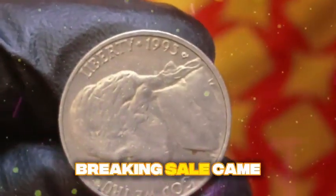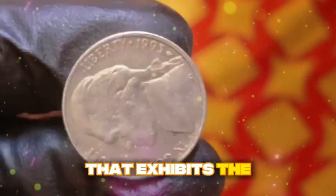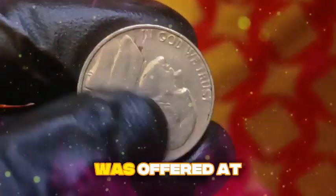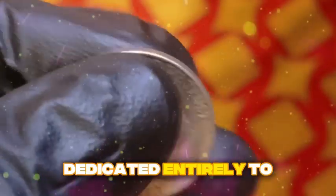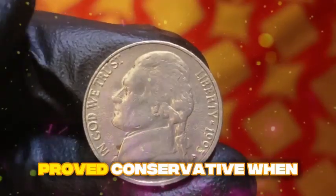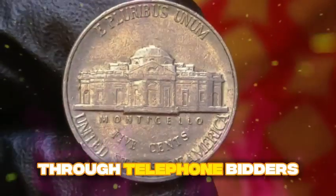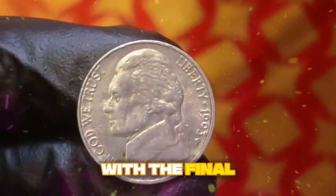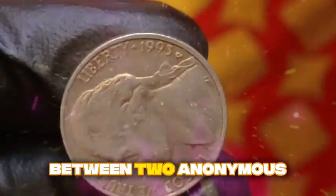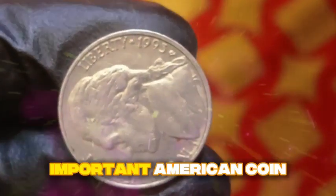But the record-breaking sale came in 2024 when the finest known example, a coin that exhibits the full rotational doubling effect along with complete silver plating and perfect surfaces, was offered at a specialized auction dedicated entirely to this single lot. The pre-sale estimate of $80 to $100 million proved conservative when bidding opened at $20 million and escalated rapidly through telephone bidders from around the world, with the final hammer price reaching $140 million after a 20-minute bidding war between two anonymous collectors who understood they were competing for ownership of what might be the most important American coin